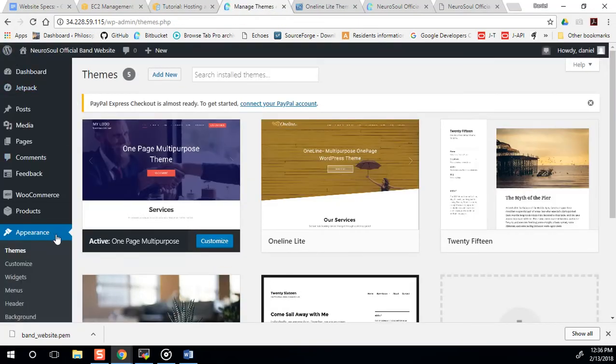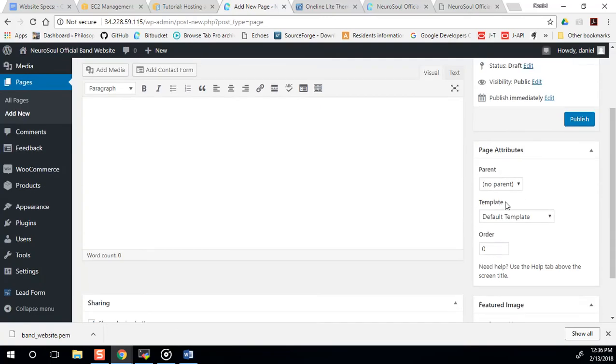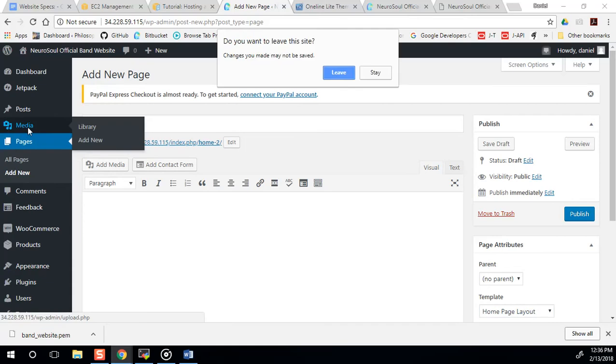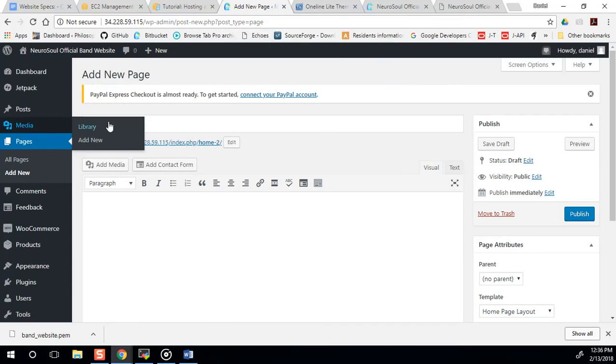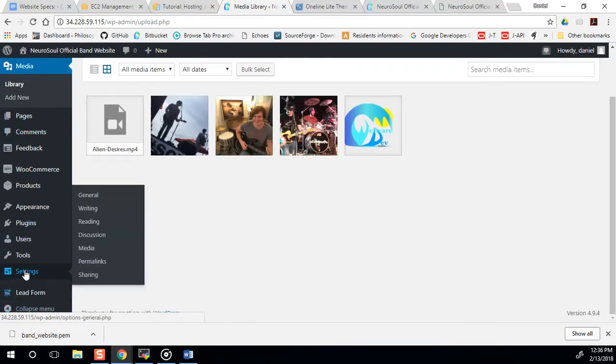I've already made a new page, but I'll go through the process of how to do that. So you want to go to Pages, Add New, and then this was the home page, right? And the page attributes for template, we wanted home page layout, right? And then you want to publish that. So I've already done that. So I'm going to just get out of here. Okay. Once you've done that, you want to go down to Settings, and like it said, go to